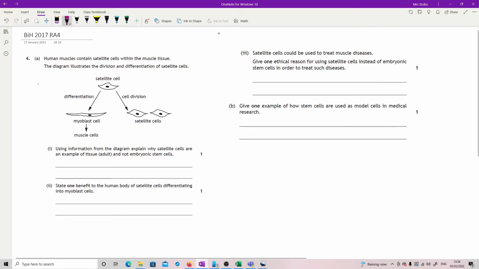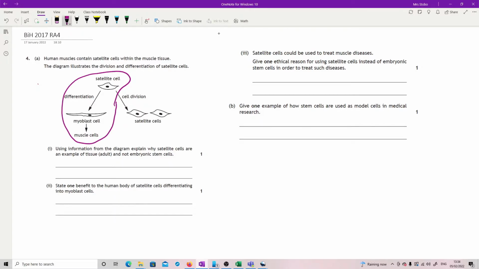Okay, question 4. Human muscles contain satellite cells within the muscle tissue. The diagram illustrates the division and differentiation of satellite cells. Okay, fair enough. Using information from the diagram, explain why satellite cells are an example of tissue, adult, and not embryonic stem cells. Okay, the information is here